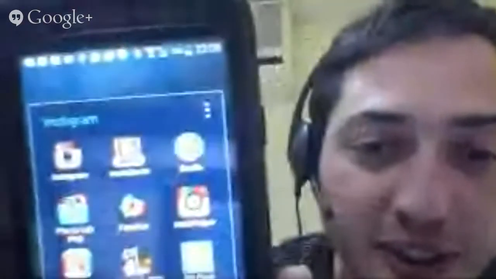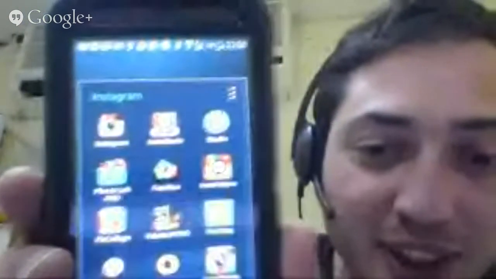Here are the apps that I use on Instagram. Do you see it? No, it's probably gibberish. I can type it out in chat. Of course, I wanted to show you live with this technology, but it doesn't seem to work. So the apps that I'm using, let me type in the chat box.